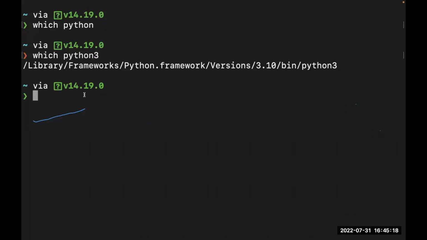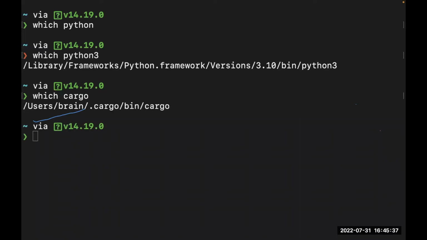So we can also search for a bunch of other commands. I usually use a command called cargo, which basically is the package manager for writing Rust. So we're not talking about that, but I want to check if that is installed, right? So let us check if I have that installed by running which cargo. So you see we have cargo installed. You can always use this to verify, right?